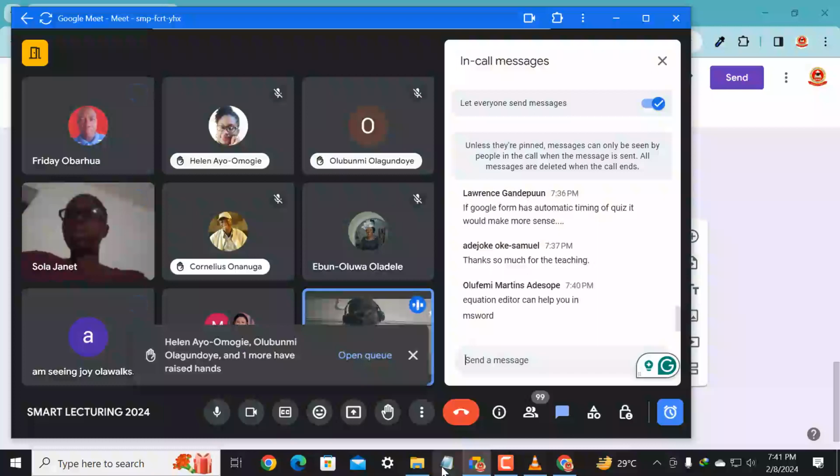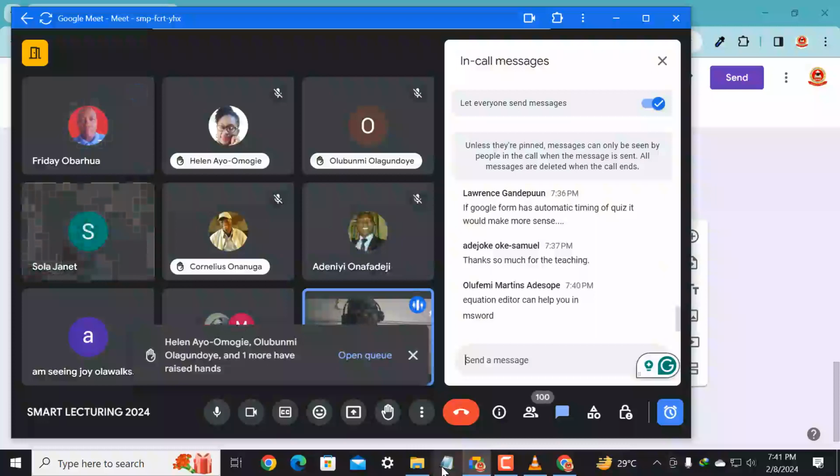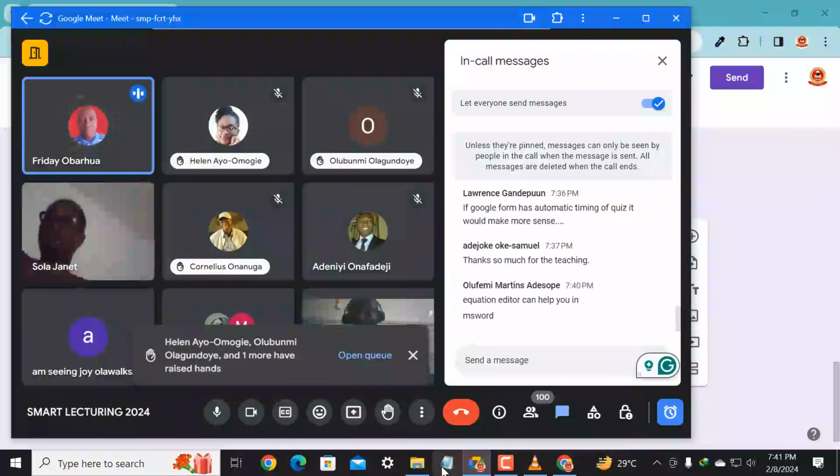So it's Google Meet that can only take 100. That's for free use, just like Zoom. Zoom also takes 100 for free use, and it's also limited to 1 hour. The same thing for Google Meet. It's not for the Google Form. Thank you very much. I so much appreciate it. That means it can only accommodate